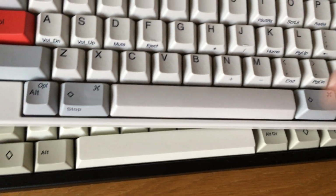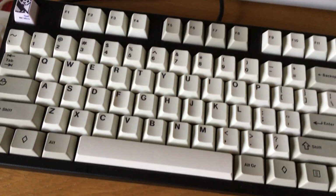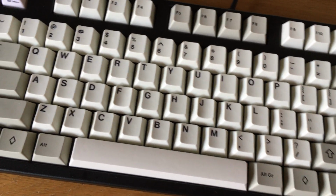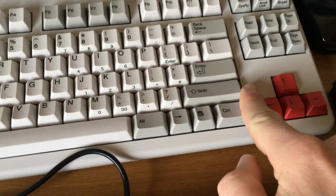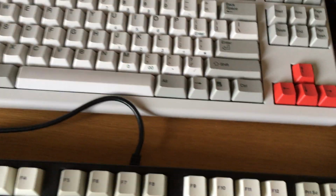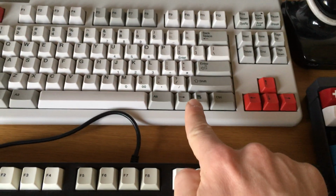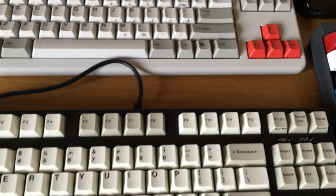Now, speaking of stabilizers, I did have to ask Matteo for some help to fit them to this thing. I was finding the inserts, so Costar stabilizers have these little plastic bits that plug into the two outside bits of the caps. I'm used to Cherry stabilizers and the Topre ones where you just pull the key off, even if it's a nice big one like this guy, and there are three bits for it to sit into underneath. But with Costar, as you guys will probably know already, you have to put in the two outside positions